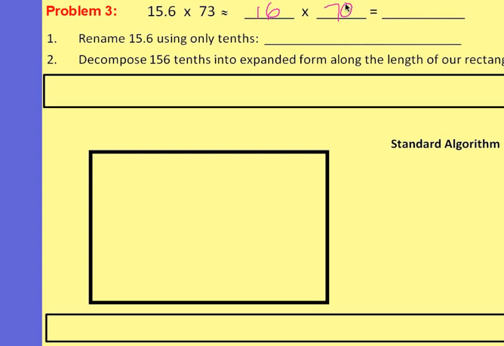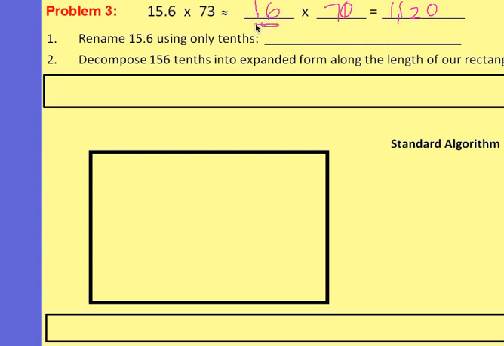So if we ignore our power of 10 for just a moment, we'll have 16 times 7. And 6 times 7 is 42. That 4 would carry over. 7 times 1 is 7, plus 4 is 11. I'll erase that little 4 so it doesn't confuse us. And then we'll go ahead and add in our power of 10. So we're estimating that our answer is going to be around 1,120 total. Now notice that doesn't have any tenths because we got rid of the tenths when we rounded to